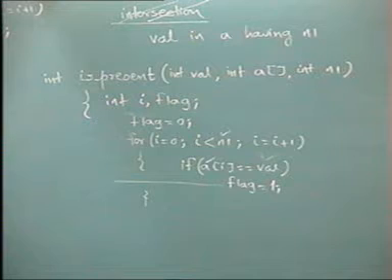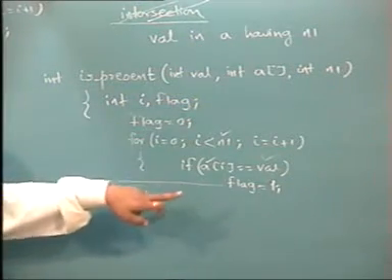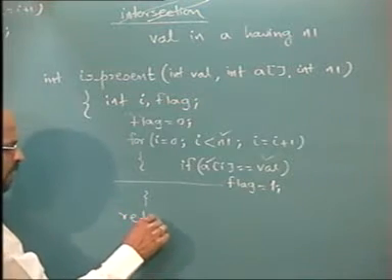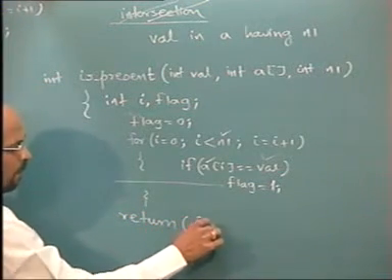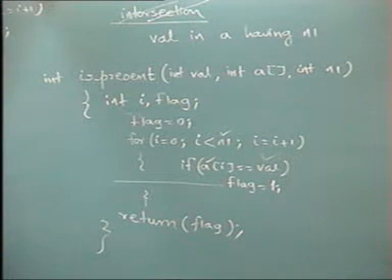Okay. Now who will say yes or no? Actually flag's sole purpose is to say yes or no. I start with saying no, it is not present, but if it matches it says yes. So finally I won't even check, I will simply return value of flag. If the value returned is 0, what does it mean? It is not present. If value returned is 1, what does it mean? It is present. Now how simple my job in intersection will be?